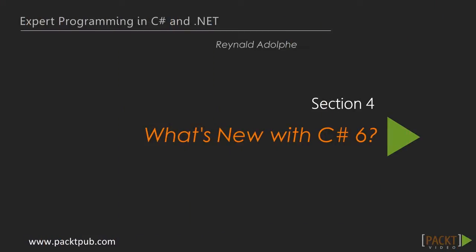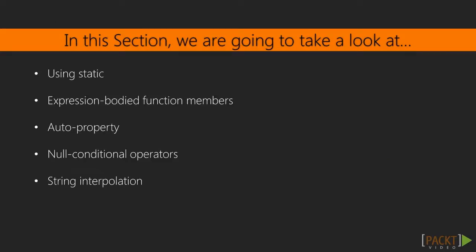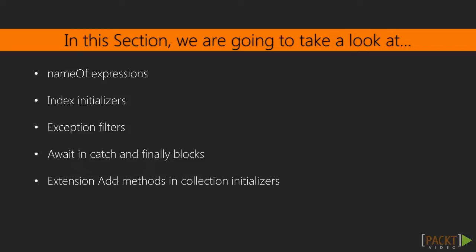Hey everybody, welcome to section 4, where we are going to be exploring the new features that have been introduced in C# 6. Some of the features that we're going to be reviewing in this section include the new using static clause, expression-bodied function members, auto property, null conditional operators, string interpolation, nameof expressions, index initializers, exception filters, await in catch and finally blocks, and lastly, how extension Add methods work in collection